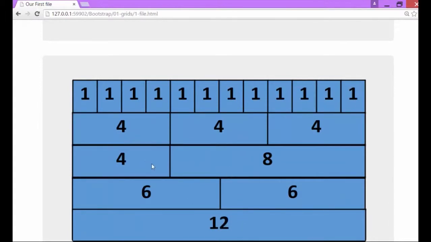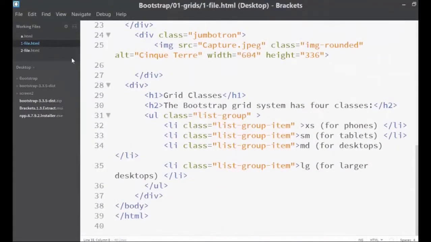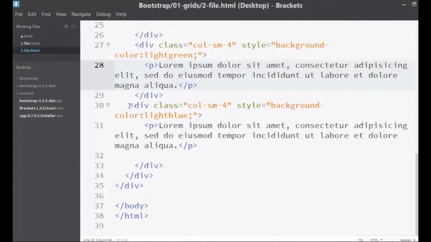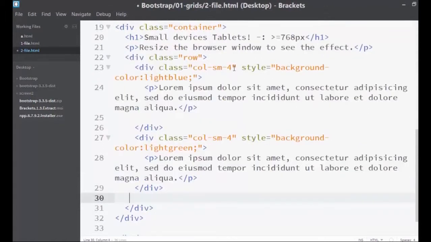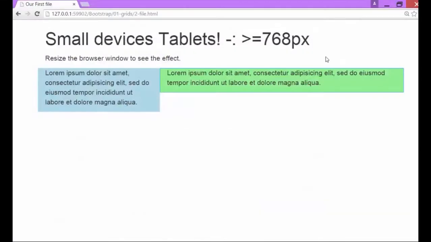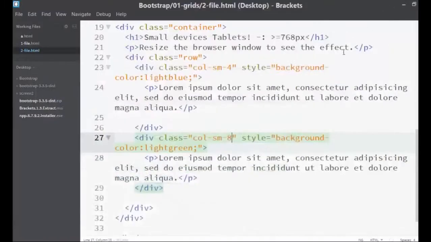Now just for the sake of completion, let me show you how to create this 4 and 8. That's really again simple, and that's the reason why I love Bootstrap. What I can do is get rid of this particular division, and this is 4, so I have to make sure that this is, yes, perfectly right, 8. I'll save this and notice, voila, things have been done, and it's my favorite reason to choose Bootstrap. So make sure that you create separate web pages for all of these layouts for the SM. SM stands for smaller. In the next movie, we'll be doing the same thing for the larger ones.